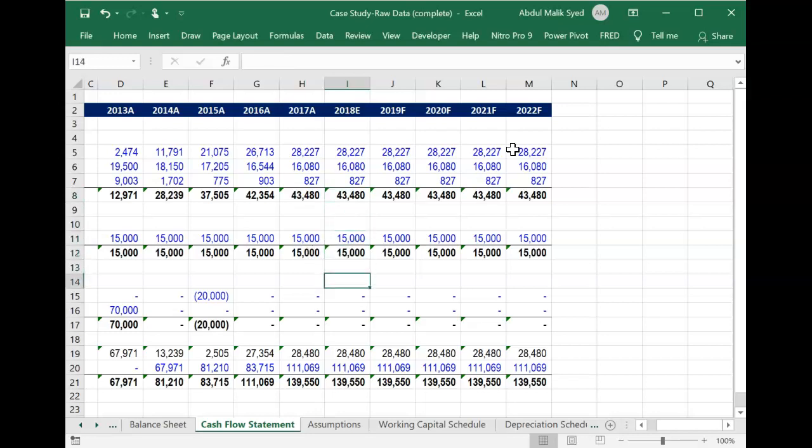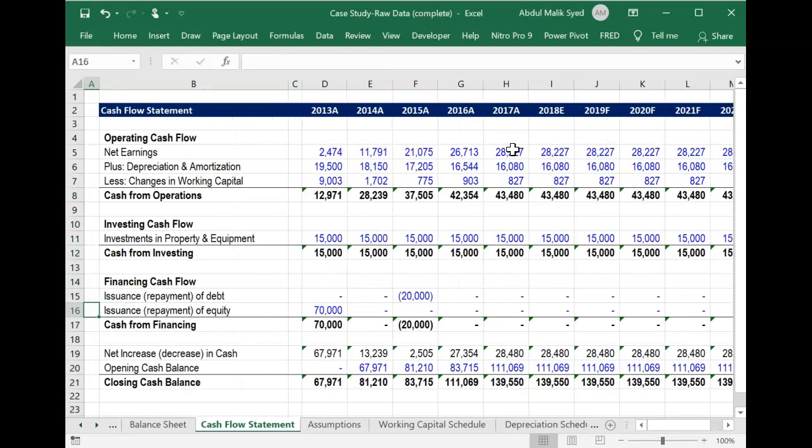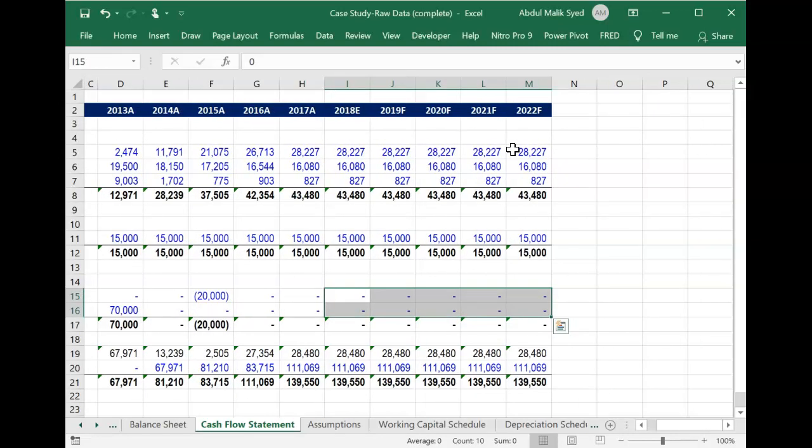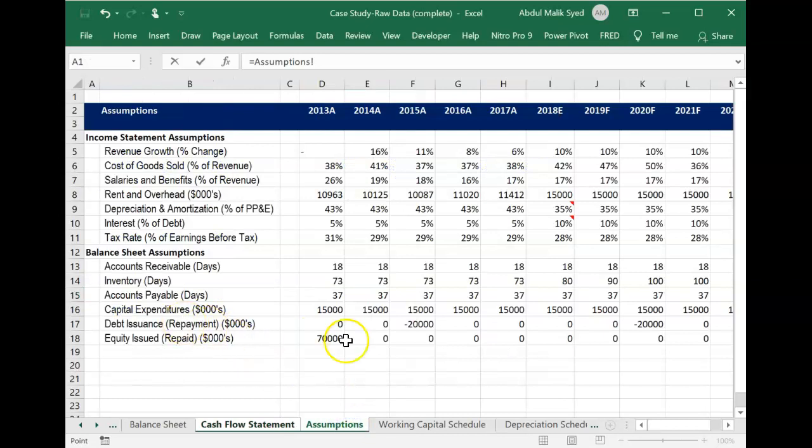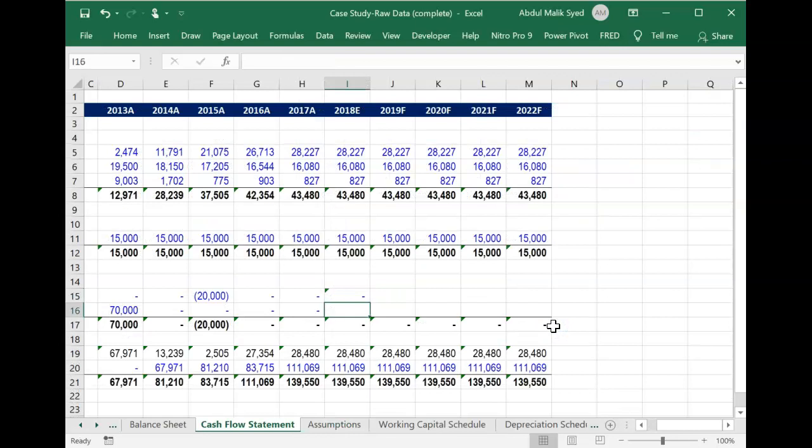Okay, but this is not being picked. So we need to put and link this to the assumptions is equal to, and then fill down to get the